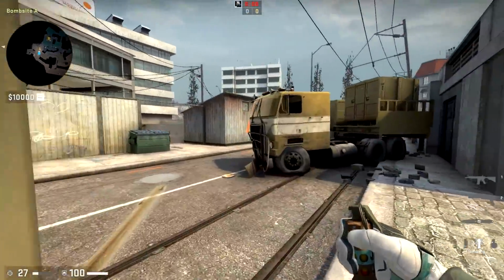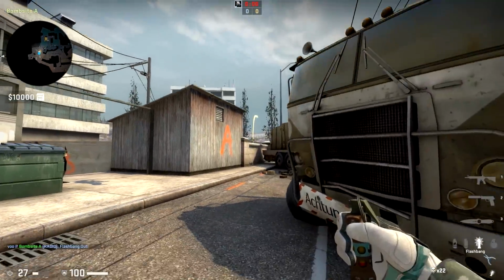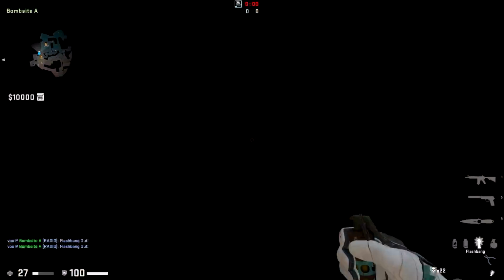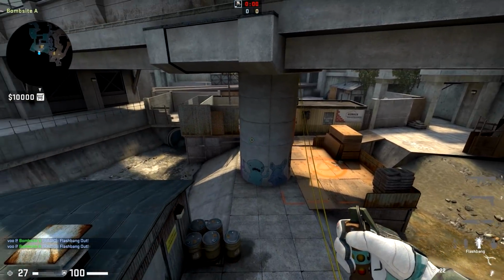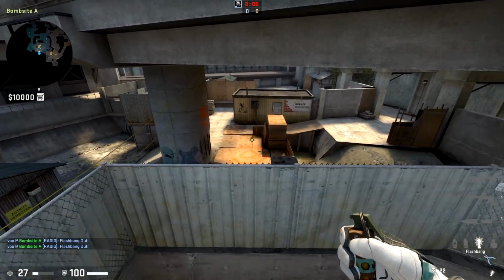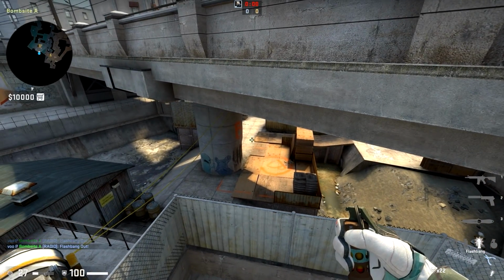The other utility that's somewhat interesting: you can flash for your teammates on B with a flash right over this left wall here, which is going to land right over here. If your teammates are on mound, it'll blind them, but it's much more likely to blind your opponents, and you can also adjust it to land more like this if you want, depending on where your teammates